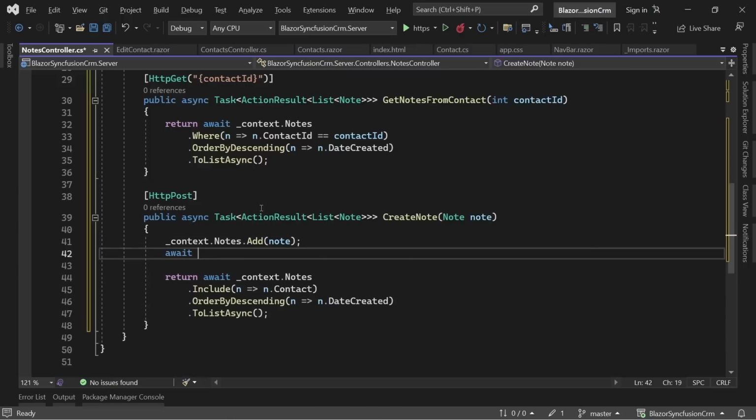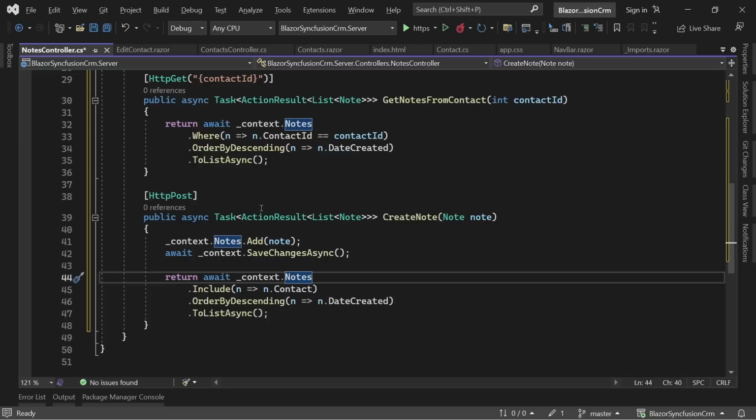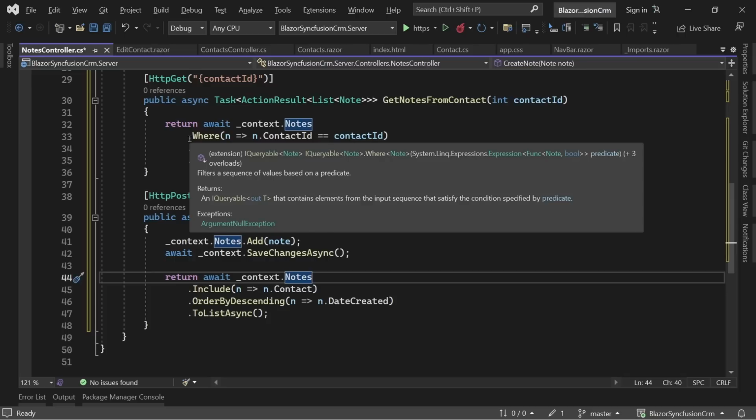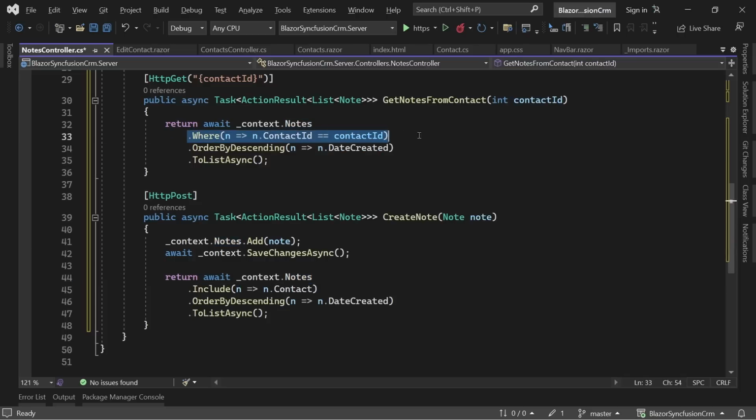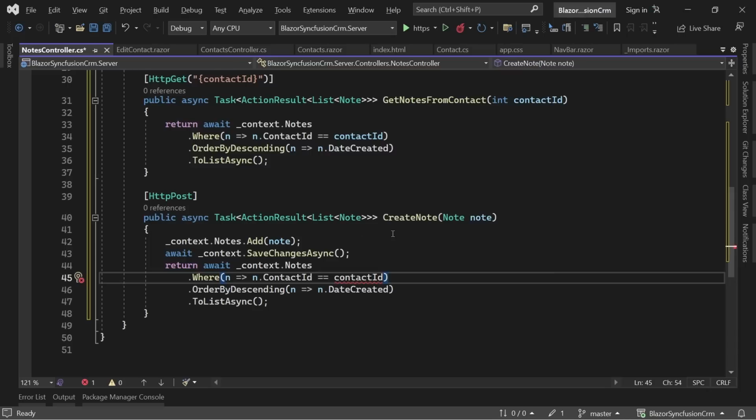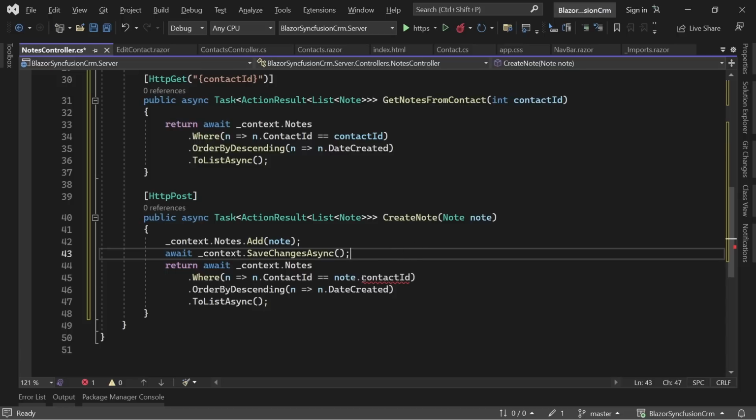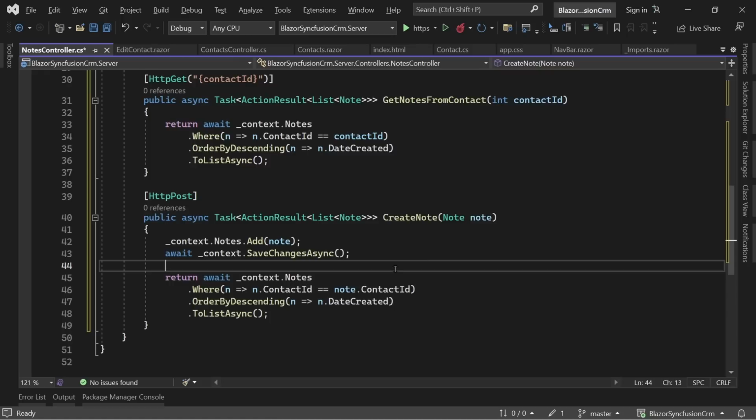Then of course we save this and we return the notes maybe again from the contact. So let's say like that. All right. And here we have to add the note, of course, like that. Okay. And yeah, maybe also order by descending. I mean, why not? We can leave this